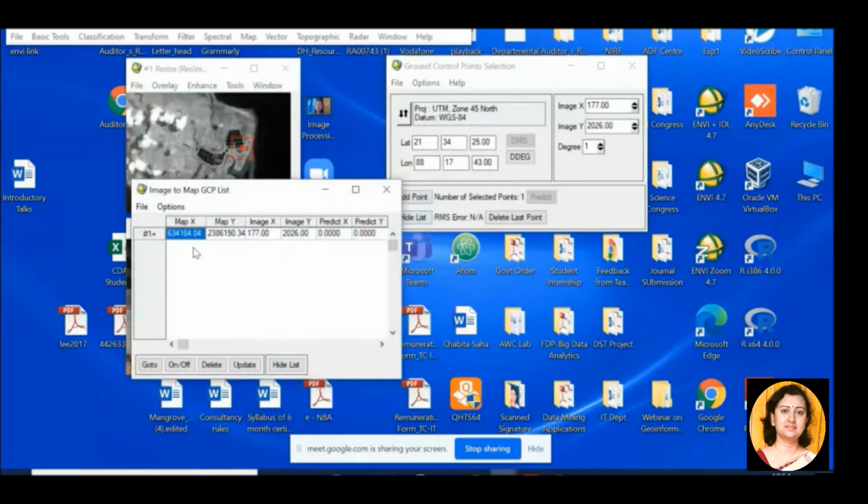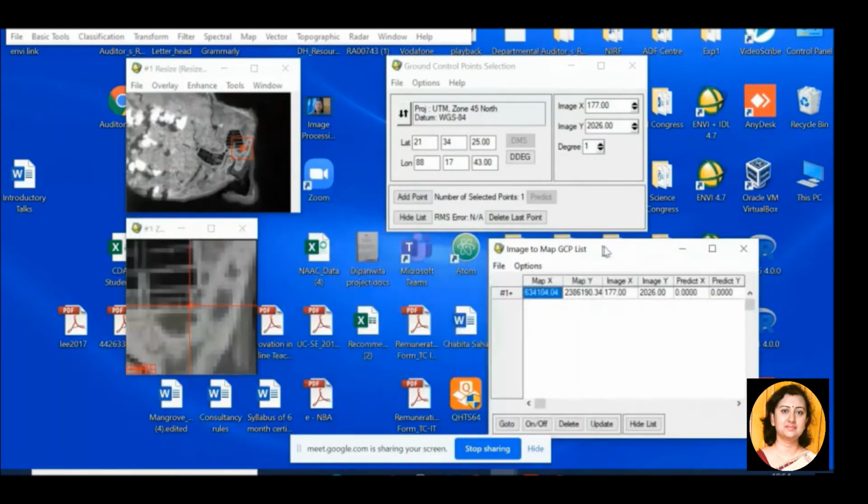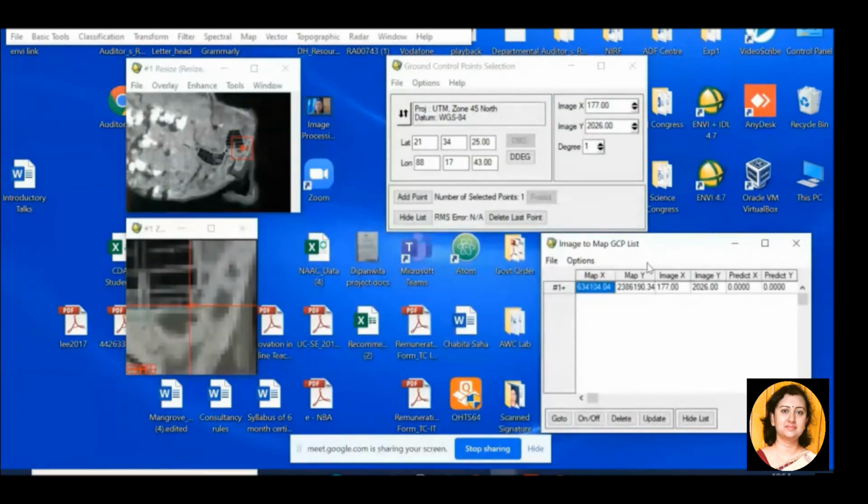See, show list shows one GCP that has been plotted over here. Okay, now let me change the value. What is the value? 21 degree 34 minutes 56 seconds, and then 88 degree 17 minutes 29 seconds.